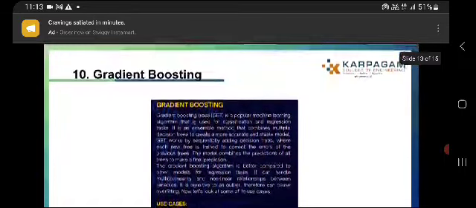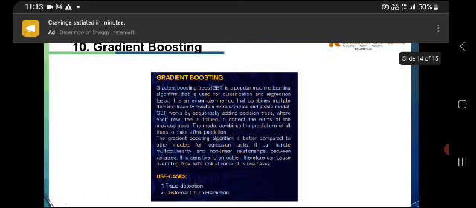And the next algorithm among the top 10 machine learning algorithms is the gradient boosting algorithm. And the gradient boosting algorithm is a popular machine